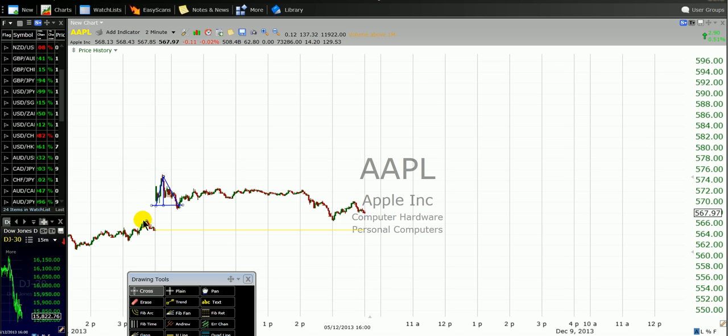So I explain the pattern that we need to look at. Here, we are looking at Apple stock. There are four financial instruments we're going to discuss in this video. The first one is Apple stock. The next one is Dow Jones. The third one is the dollar yen, and the fourth one is the euro USD. You can see that this is Apple stock.